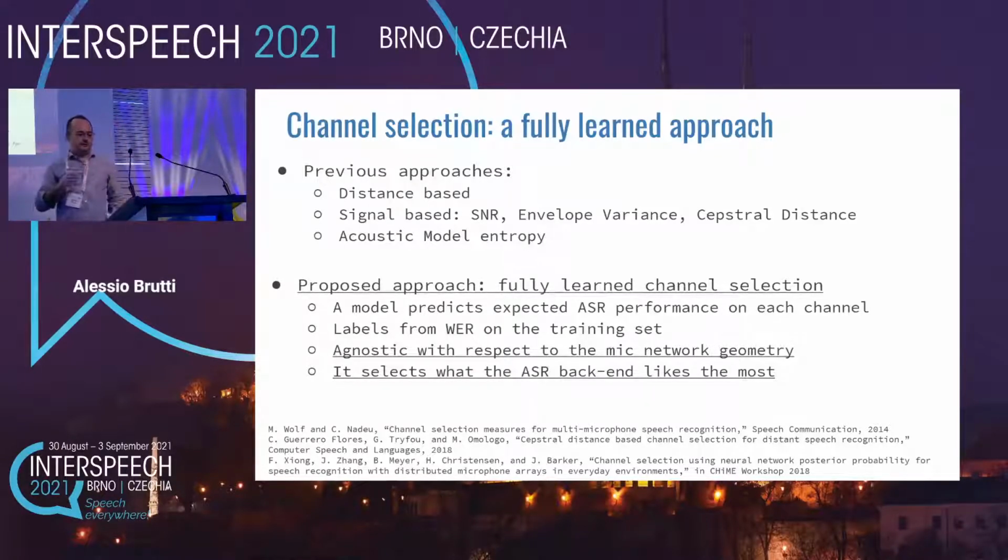In our opinion, this approach has two very nice features. It doesn't need the signal alignment, as I mentioned before. It is agnostic of the geometry of the microphone setup, so I don't care anything about that. And it selects what the ASR prefers in terms of acoustic conditions, because we train the model based on the word error rate given by that backend on some training material.